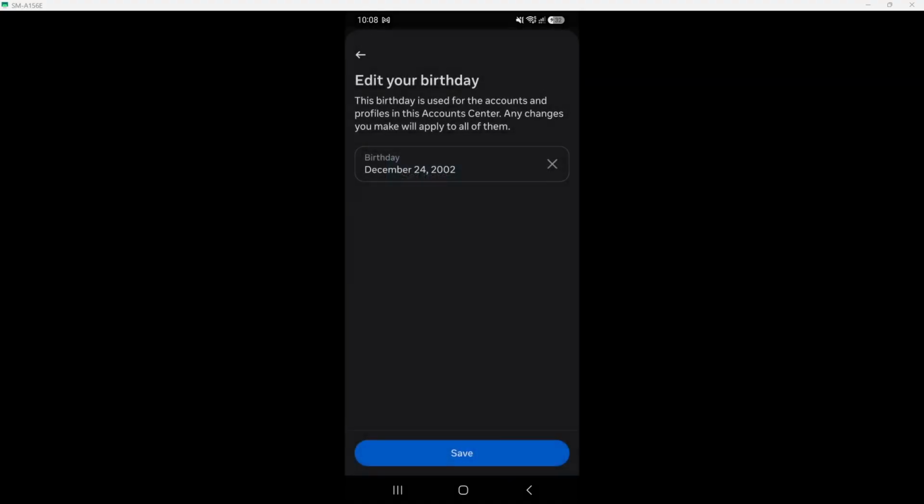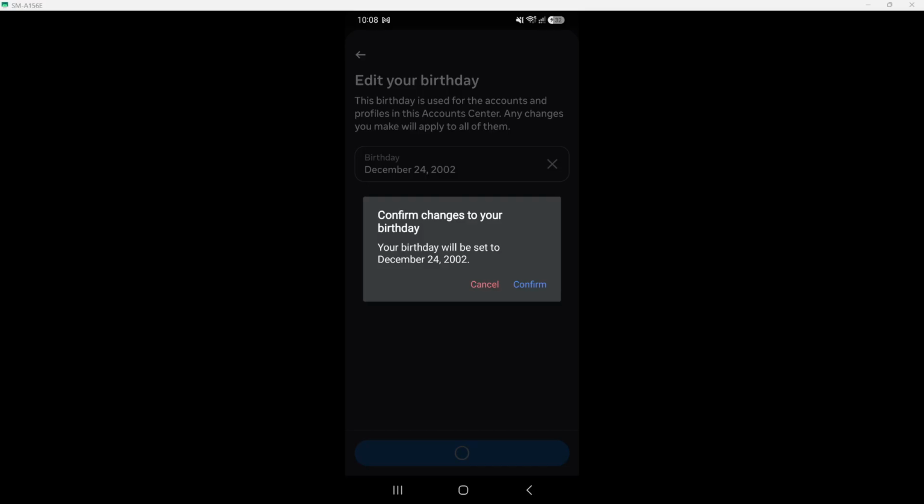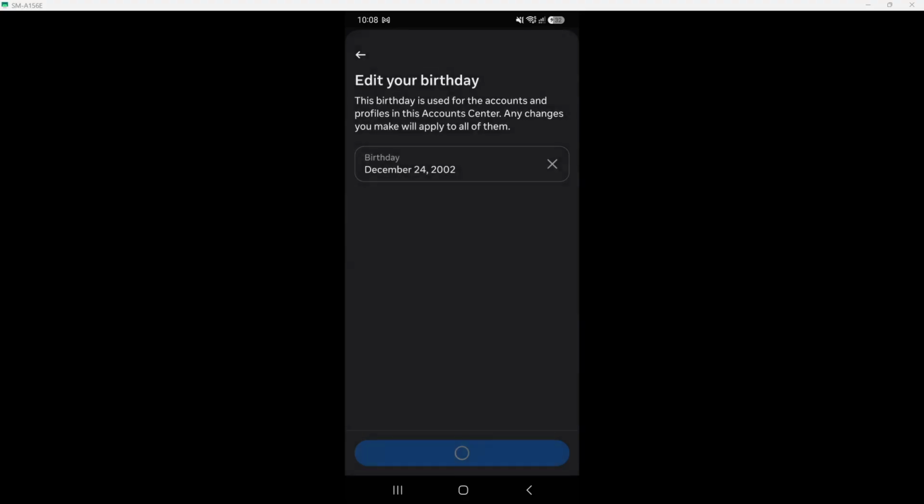Finally, tap Save to confirm your changes. This action ensures that all the updates you made to your birthday are stored and reflected across your Facebook profile and dating. You may see a confirmation message indicating that your changes have been successfully saved. This is reassuring as it means your new age is now updated and will be visible to others in Facebook dating. With that, you have successfully changed your age in Facebook dating by updating your birthday on your Facebook profile.